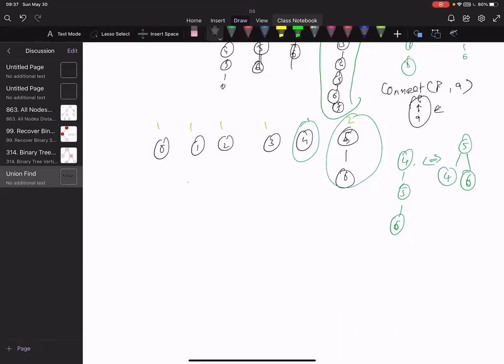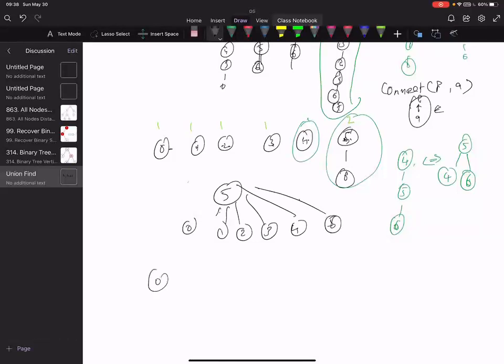It depends on the way the input is coming. If we connect the previous one, 5 to 6, then connect 4 to 5, then 3 to 4, then 2 to 3, then 1 to 2 and 0 to 1, what you are saying is true. In that case, all of them will end up being children of 5. That's correct. That is what you are thinking, right? Okay, let's change it a little bit.